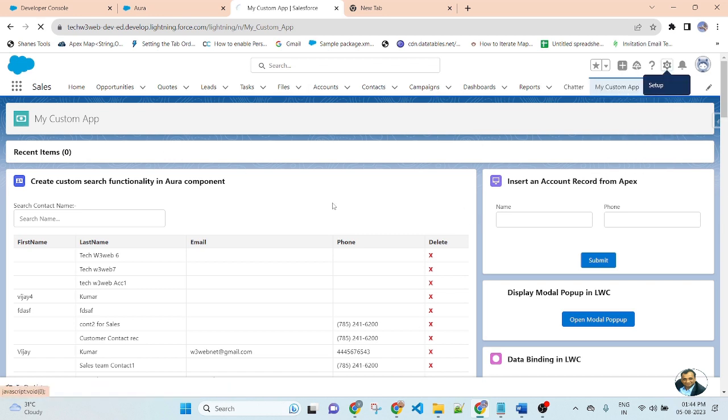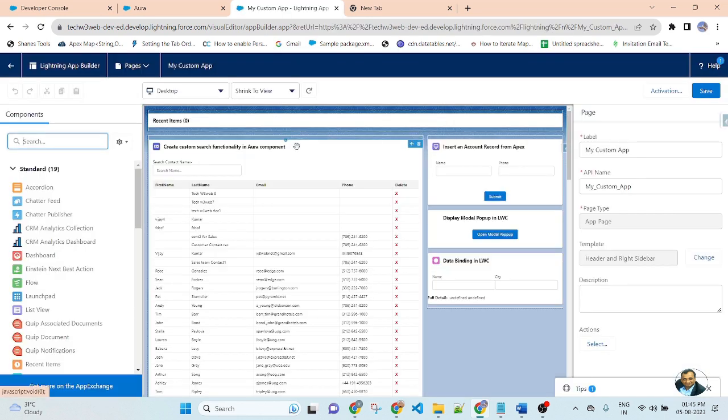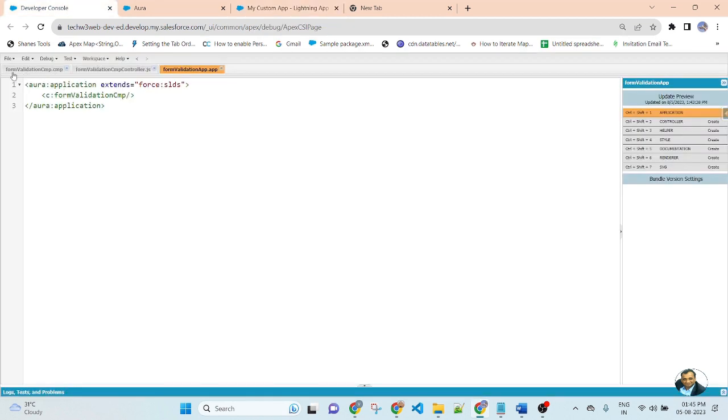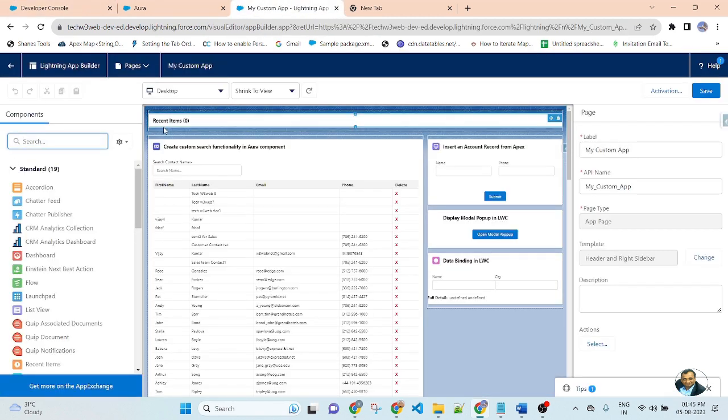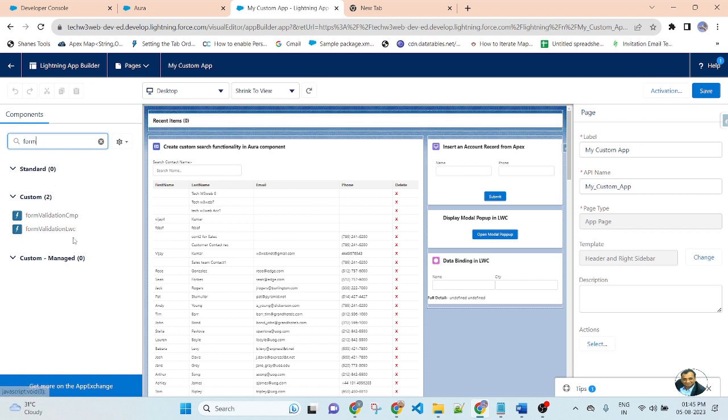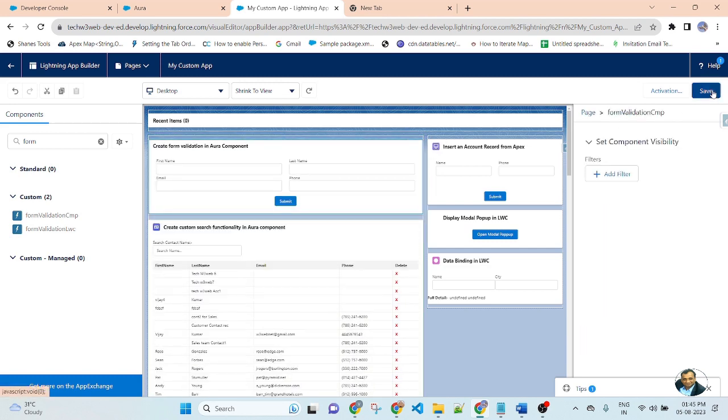Let me add this page and your component name. My component name is form validation CMP. Simply select, drag and drop here and save the page.